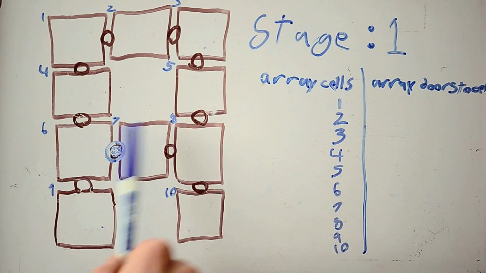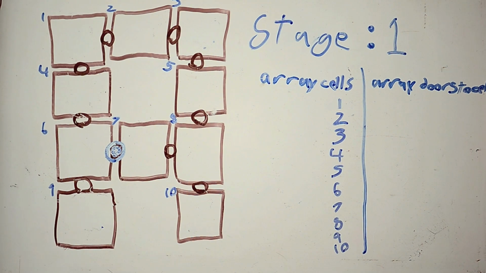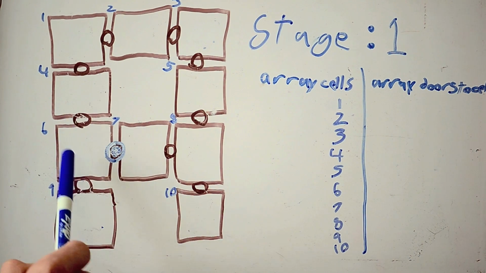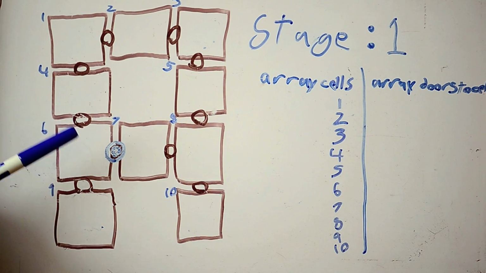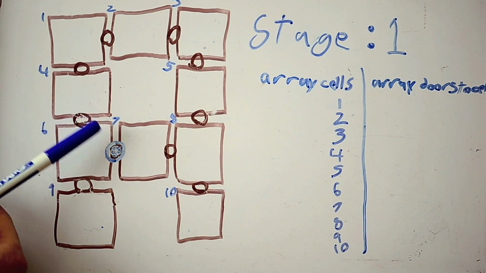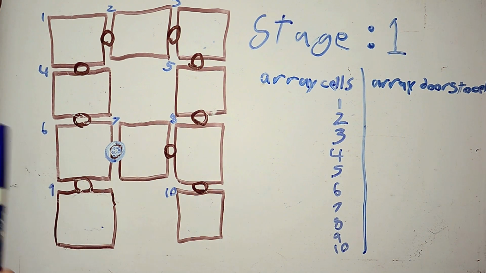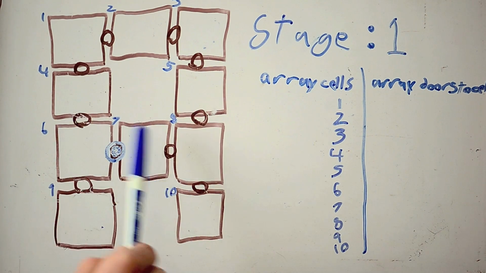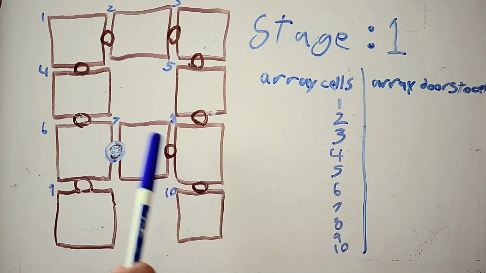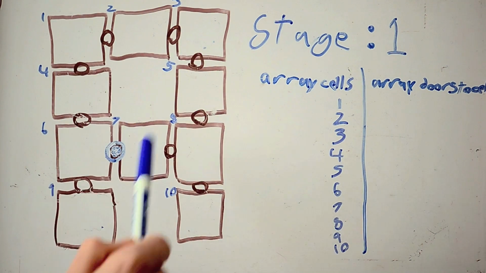Alright, so before the door scripts can even start doing their job, we have to set up the cell scripts. And the cell scripts are going to be extremely simple. The cells themselves are just going to remember which doors are actually in contact with that particular cell. So let's take this cell for example. In the very beginning of the game, this cell is going to create an array that just remembers this door, and this door. And this array will be available to the door scripts,